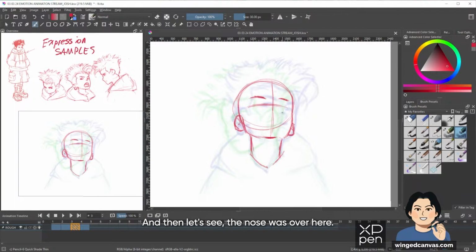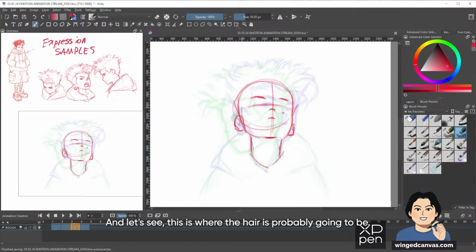The nose was over here, so I'm going to position the nose probably somewhere here. The mouth is over here, so I'm probably going to position it here. That's what I mean by trajectory, it's always good to figure out where you're placing the trajectory of your facial features and follow through with it. And let's see, this is where the hair is probably going to be.